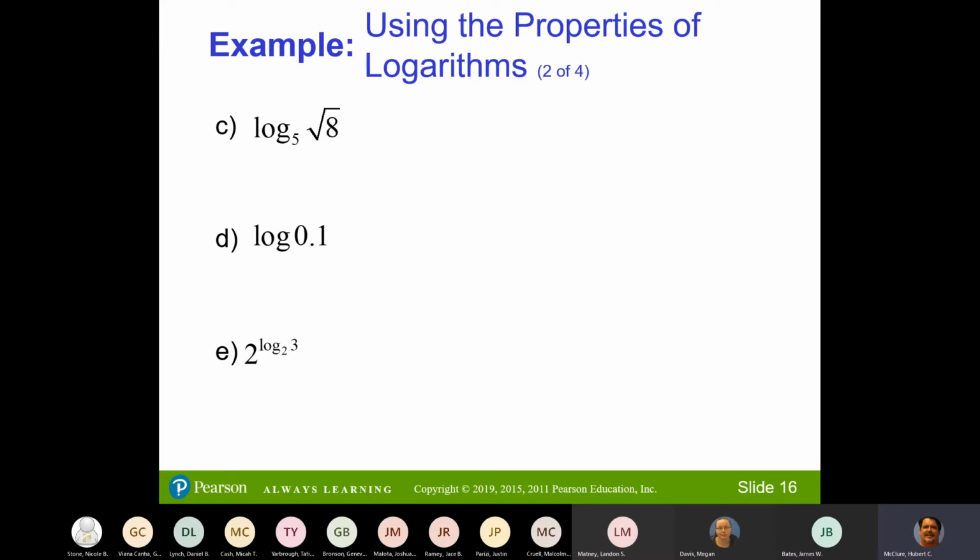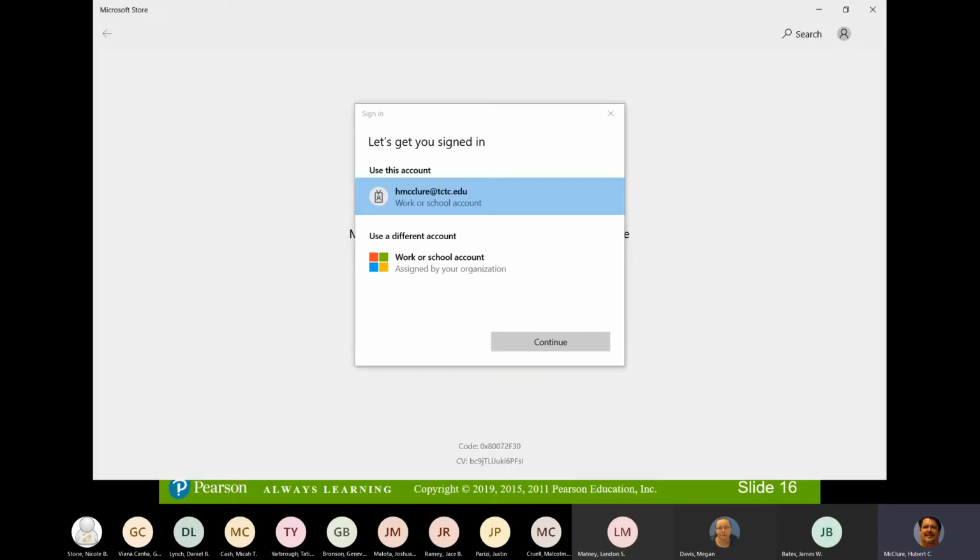Okay. Now, one of the things that I teach you in calculus is radicals and calculus don't mix. So the first thing you would do here is you would rewrite this one as a,